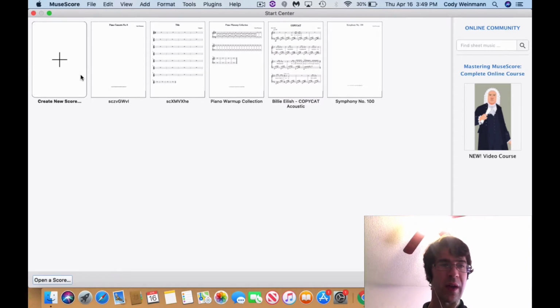This is where you'll see a blank document that you could start. You could also see any recent documents that you've done in MuseScore 2 or 3. They are cross-compatible, so you are able to see all your documents. In addition, in your Documents folder, every time you save a document, there's going to be a folder called the MuseScore